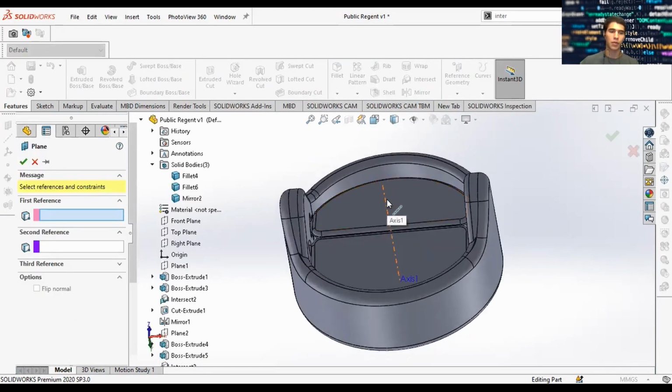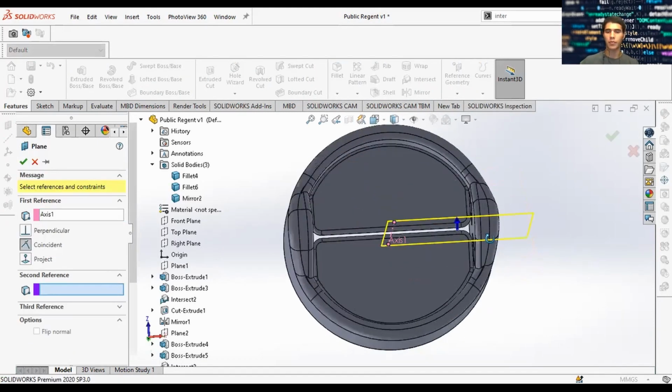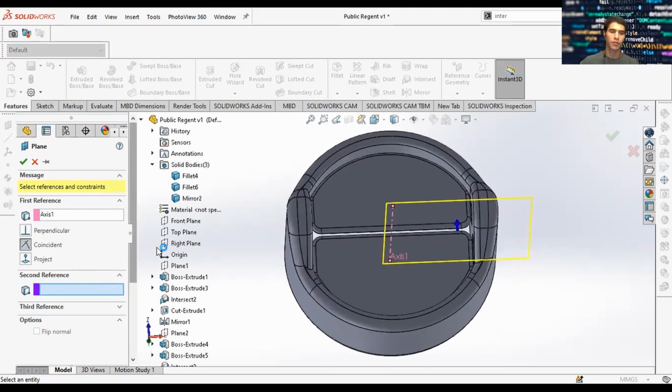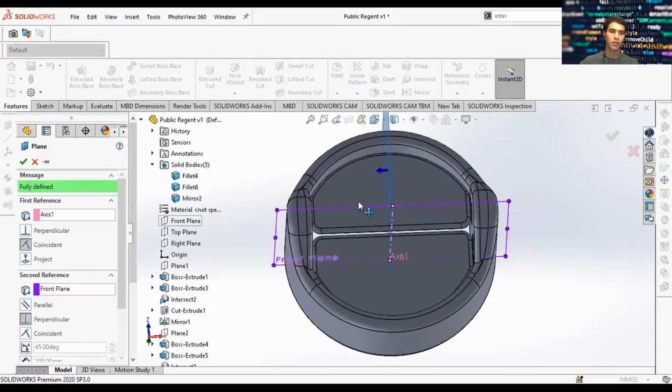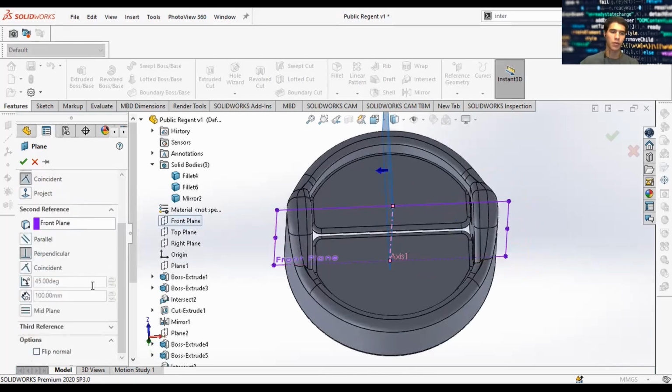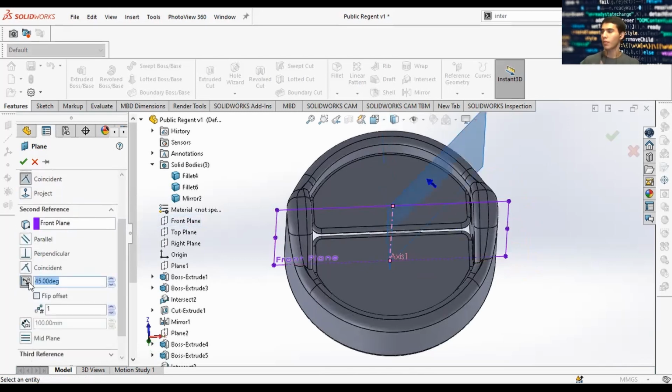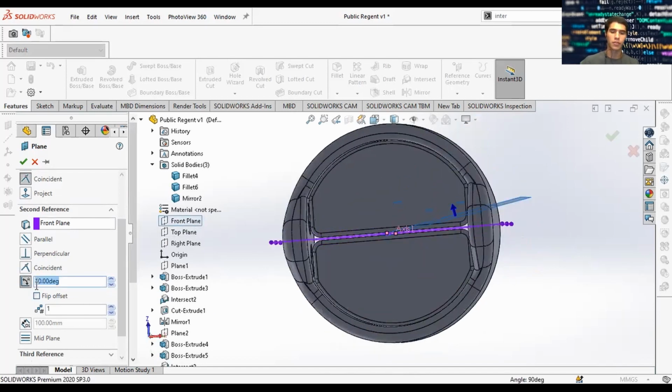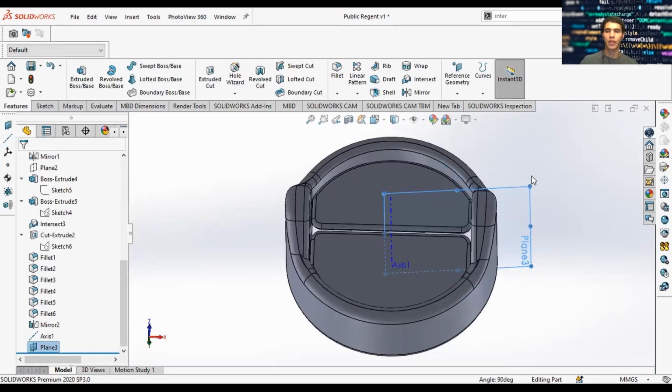So for example, for the first reference, it's a plane with the axis as a reference. And then for a second reference, I'll just use the front plane. And I can manipulate now the angle at which I want to have this plane. So I'm going to the calculator. 360 divided by 36, 10. So 10 degrees. And we'll go even smaller, we'll do 5 degrees. And approve this plane. And so now we have a plane at 5 degrees offset from our right plane,